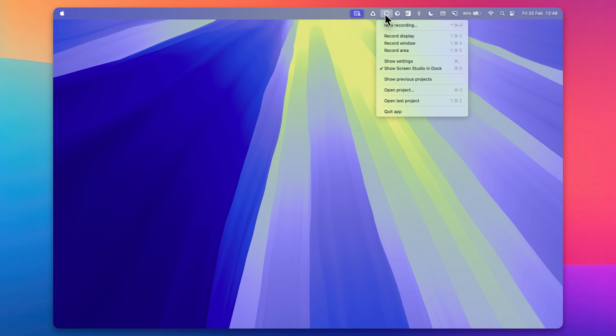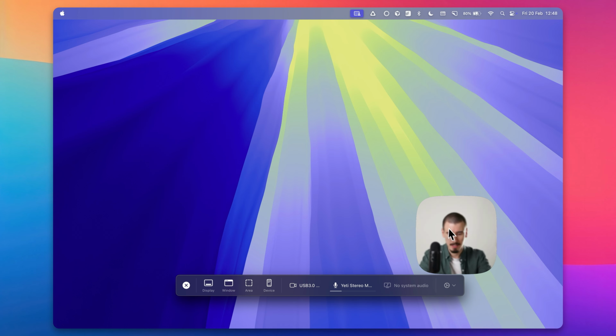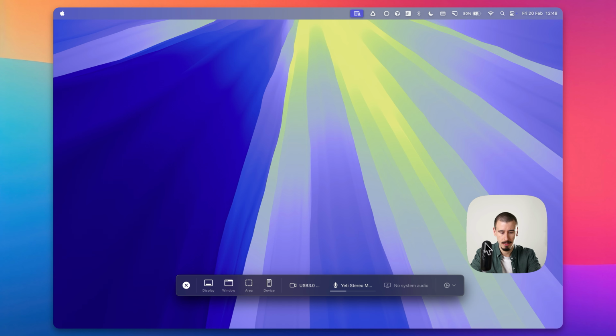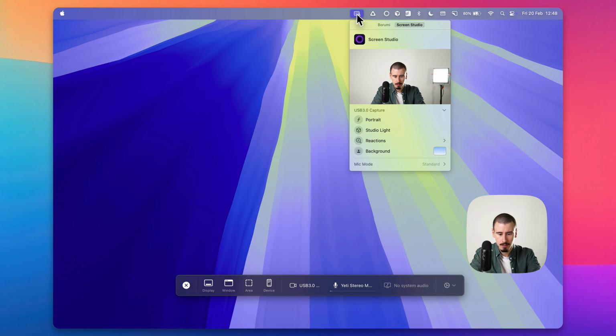So the first step is to open Screen Studio as usual, and in the panel here, as you can see, I have my camera with my original background, but I want to replace it. So to do that, I'm going to go at the top on the status bar and then select background, as you can see here. If I enable this option here, as you can see, my background gets replaced with this